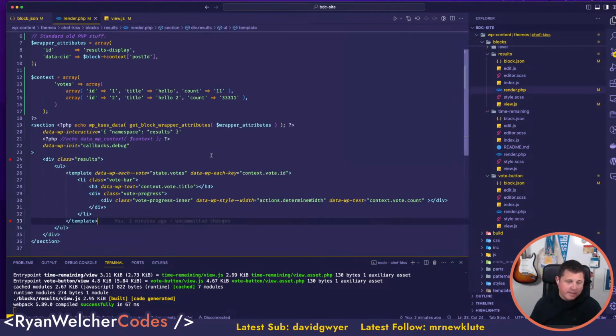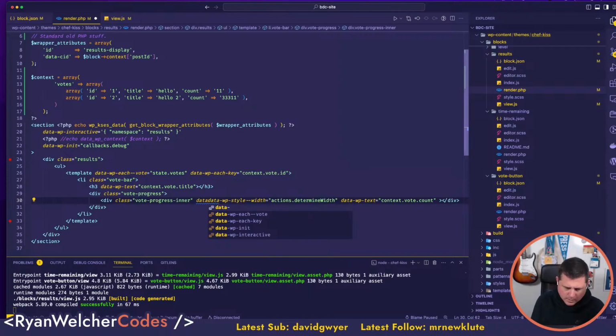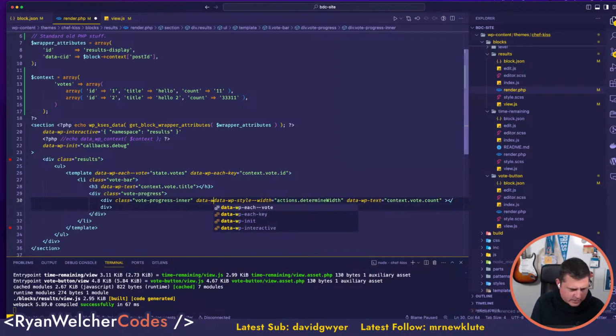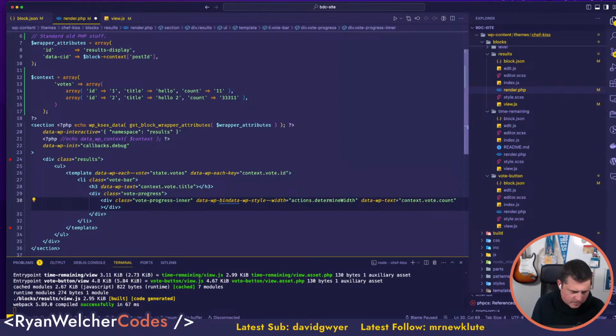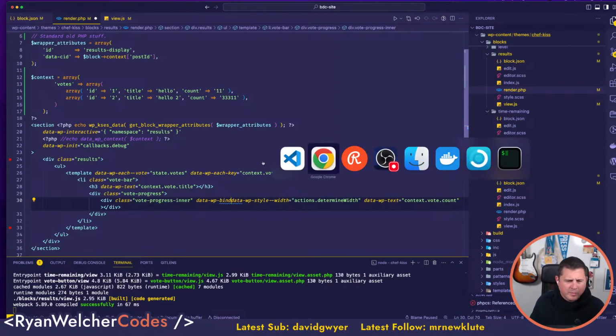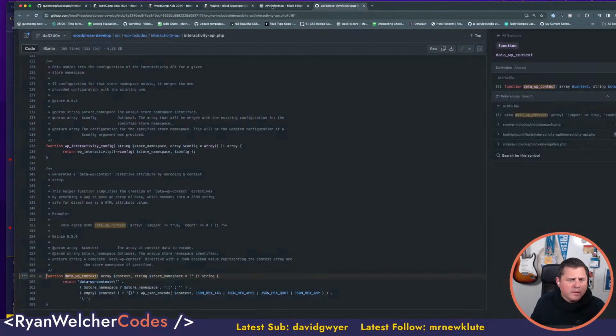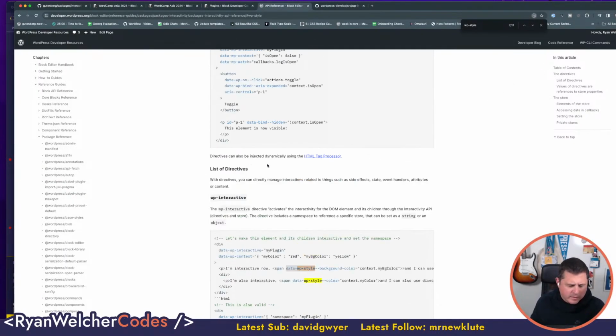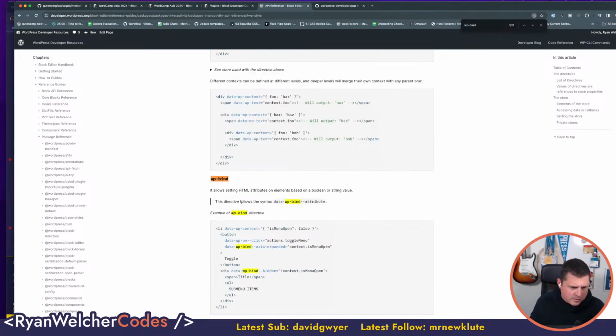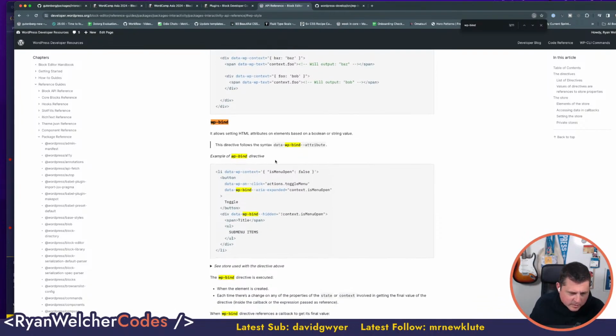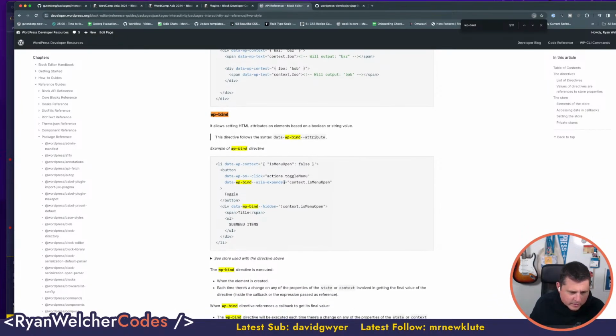Okay, so I think I do have to add something in here. Okay, so I'm going to say data-wp-bind. What I want to do is basically just make, right, is bind the right one? I don't know. Bind is supposed to connect two things. Allows attributes based on a thing. Okay, so bind aria-expanded. Okay, so I'm going to do